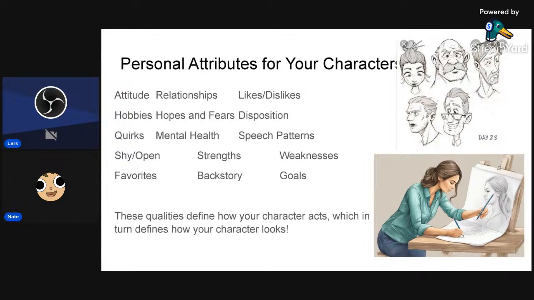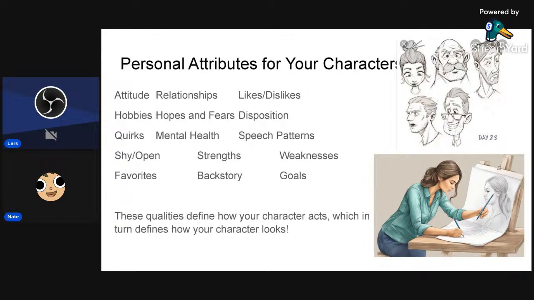Your other quirks. Are you someone who has to constantly repeat themselves because you feel like you're not getting the point across? Or do you have a stutter? Another quirk might be that little OCD compulsion: I've got to make sure everything is in a nice order, which then might present itself in how they dress. Mental health also determines how a character might look.